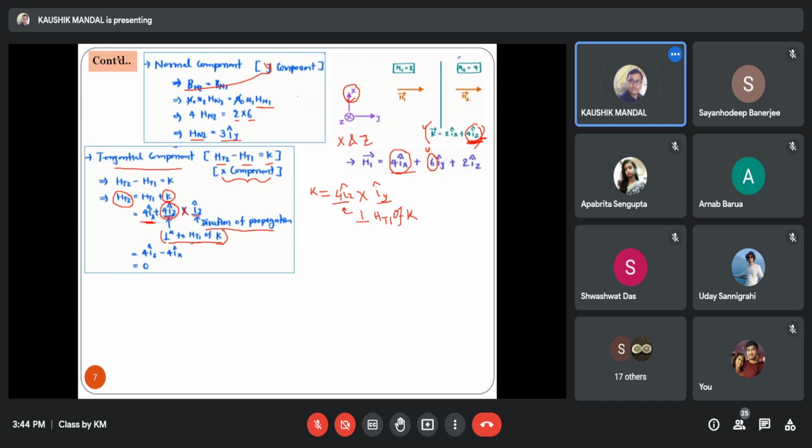Clear? Now in this particular situation, it is the cross product of the Iz and Iy components. As it is not in a sequence: if x, y, z are in a sequence, then their cross product will be positive. That is, if you find out x cross y